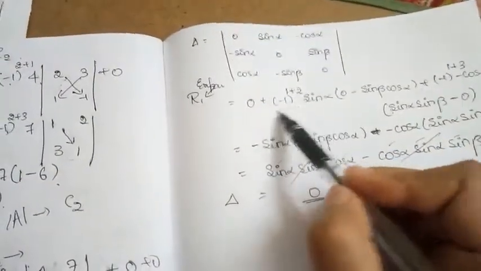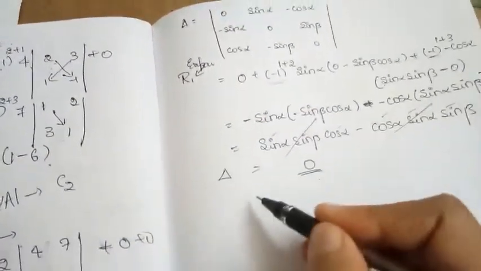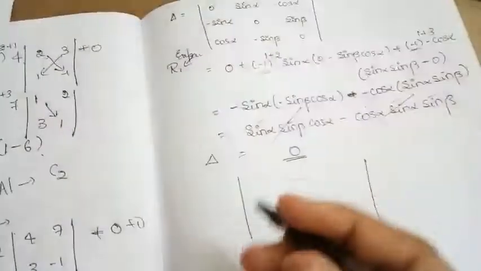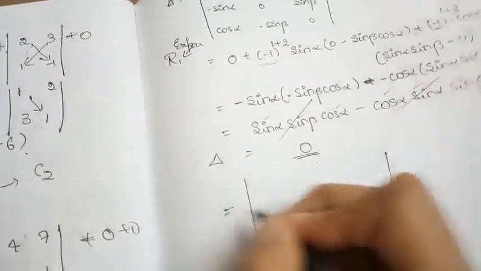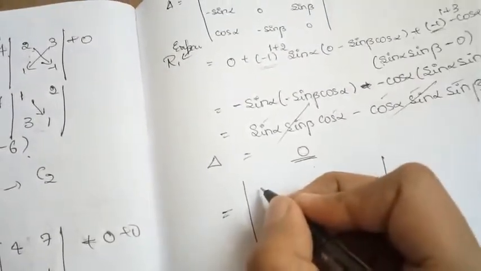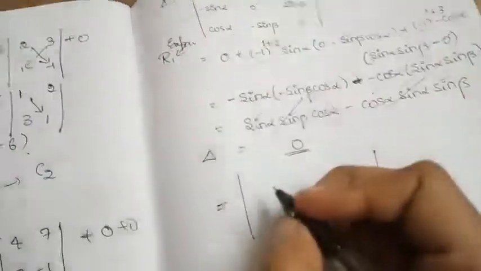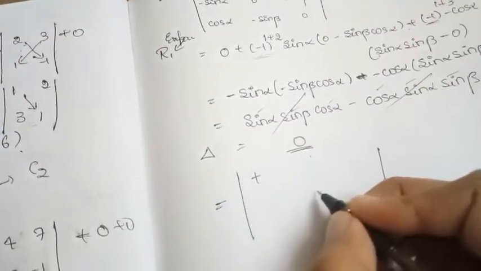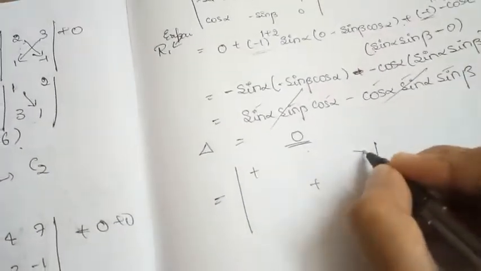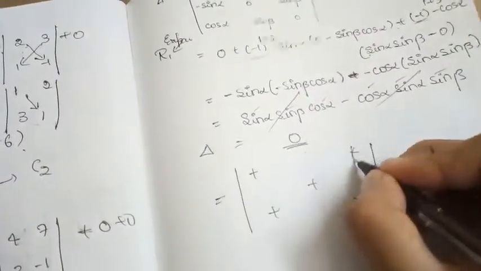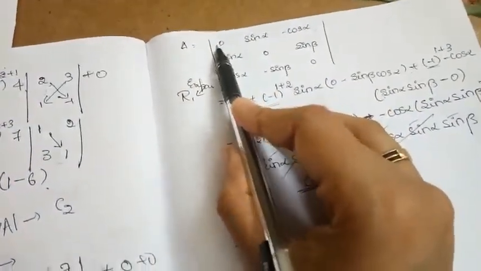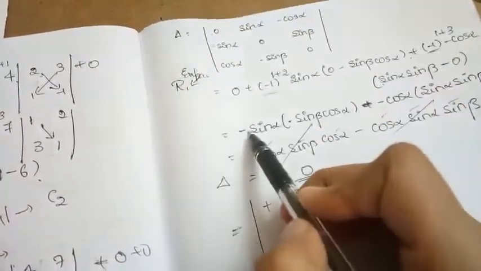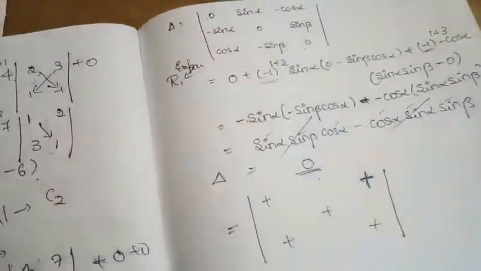For the minus 1 part, you can go with one of the easiest tricks which I followed when I used to do determinant problems. A 3 cross 3 matrix has 9 places. Along the diagonals, that is this place and this place, all these diagonal places have a plus sign. You can see here, when I am computing here, this one becomes plus. When I am taking sin alpha, this one is minus. When I am taking cos alpha, again this one is plus. You can go check for anything.